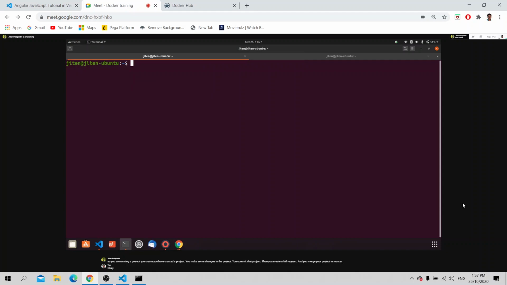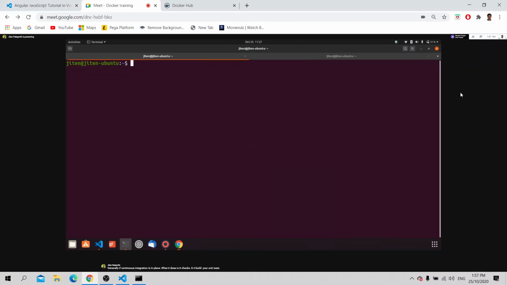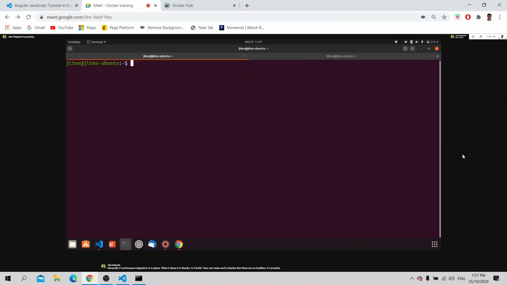Generally, if continuous integration is in place, it builds your project and runs your unit tests and ensures that there are no build errors. That is what continuous integration means.